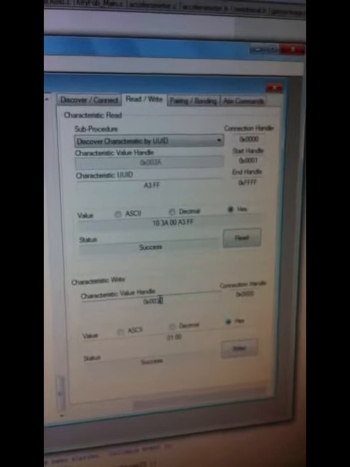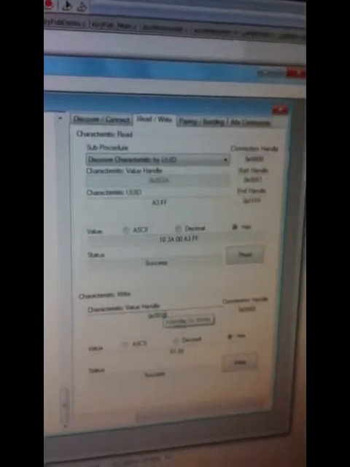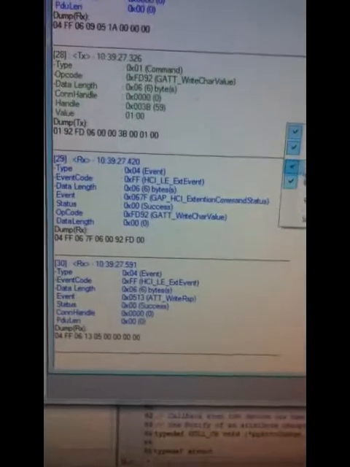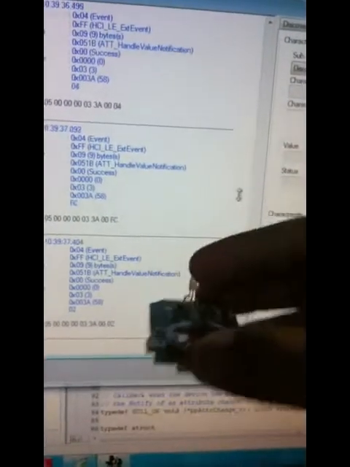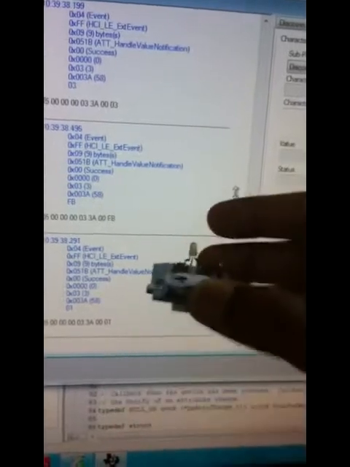So the value is at 3B, and we'll write 01 into the device. Now we can see that the accelerometer has been turned on, and shaking the device in the x direction actually produces readings, while moving it in the y direction or in the z direction has no effect on the readings.